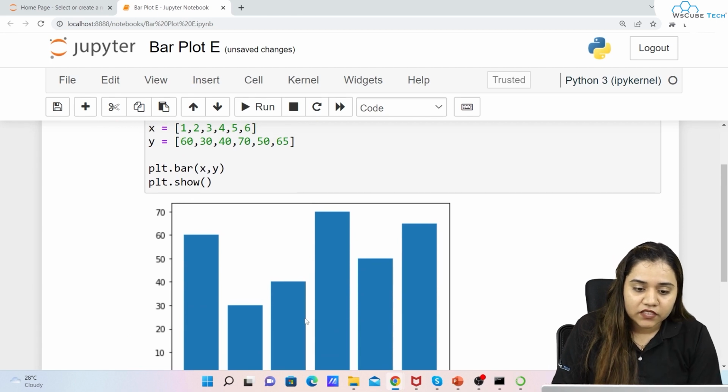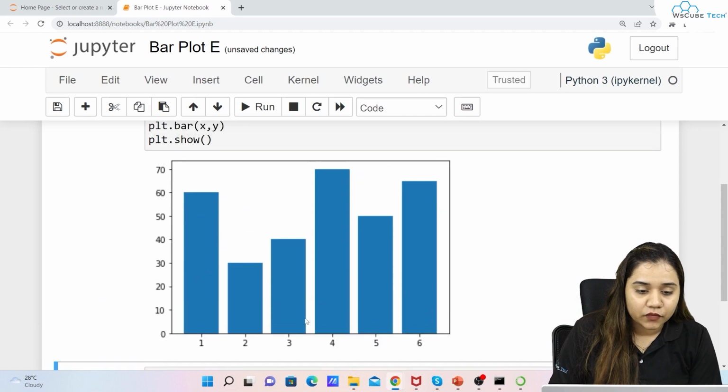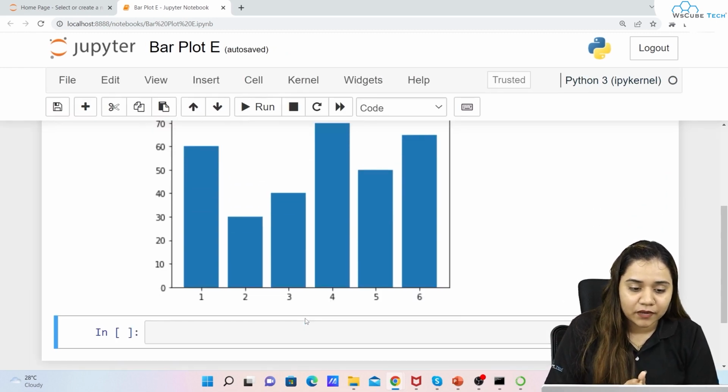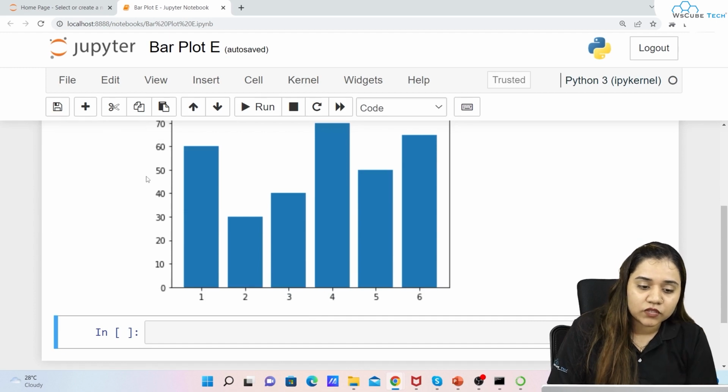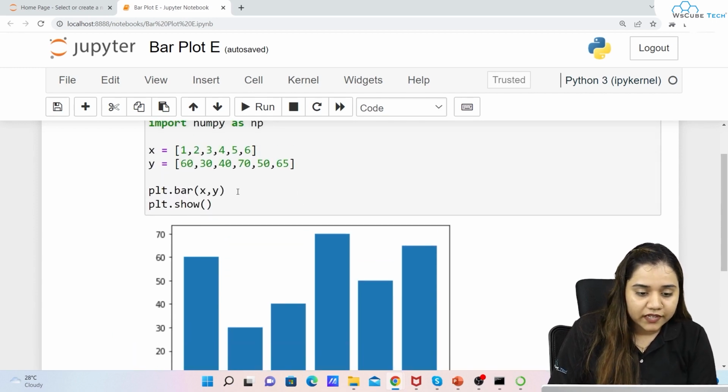Now the bars have been plotted over here, but we don't know what this plot is about. Right now I can see there is a bar plot, there are some values, this one goes up to 60, but what is it about? So we can give x labels, y labels, and a title to the whole plot as well. For that I'll be writing